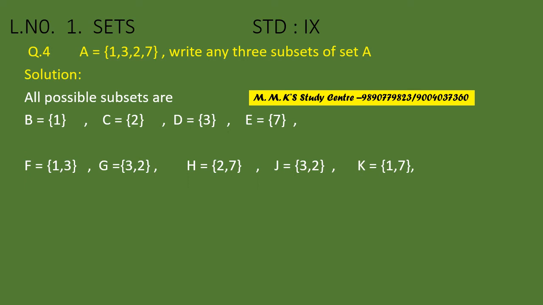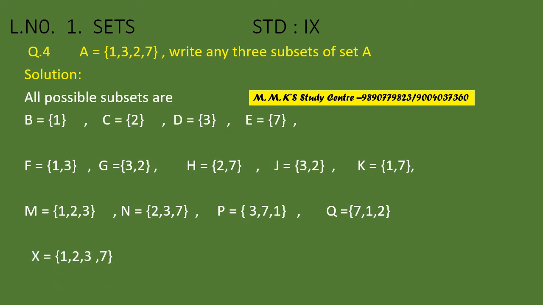So these are your answers. Separate sets I have given. Now we will consider 3 elements. The next set I will take is 1 3 2, then again the next one 3 2 7, then the next one 2 7 1. So all of those will be subsets of set A. So these will be your possible answers. Then at the last we'll take the given set as it is, because every set is a subset of itself. So any 3 answers you can write, but here we have found all the possible answers.